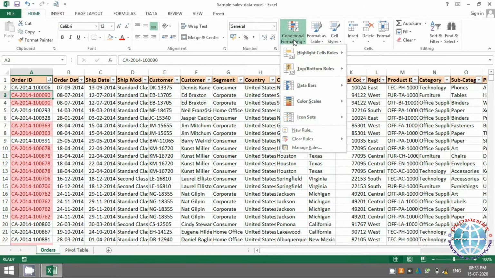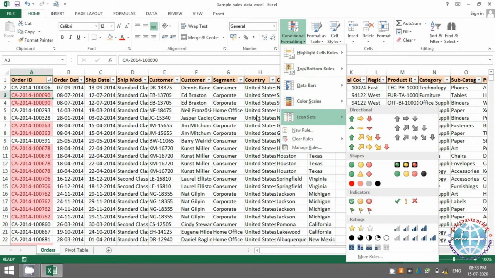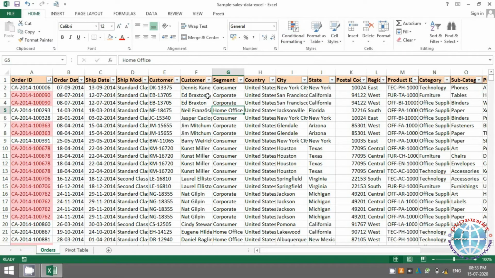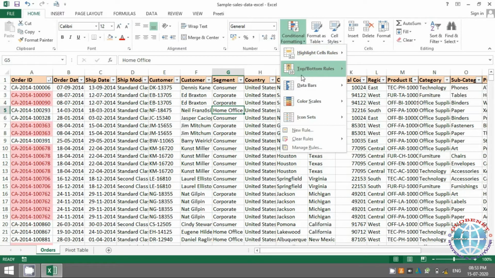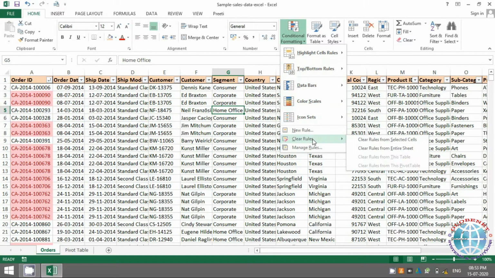There is no way to unsort your data as such. You can probably do a Control Z, or let's say if you had a sort on a particular column, let's say on the name or something, you can just sort it back on that. But otherwise there is no way to unsort your data, like how you have to remove conditional formatting or to remove filters. There is nothing to remove sorting. Let me clear it.